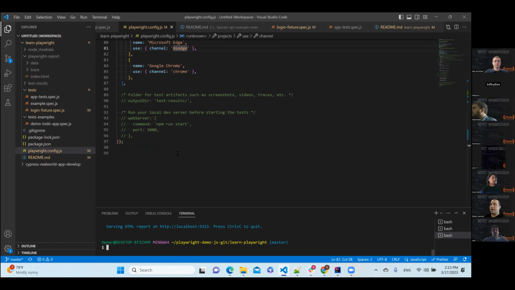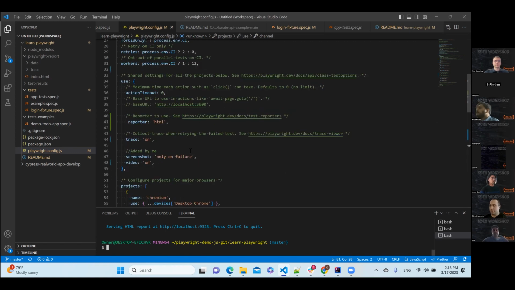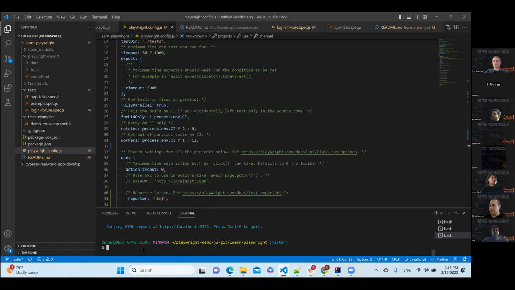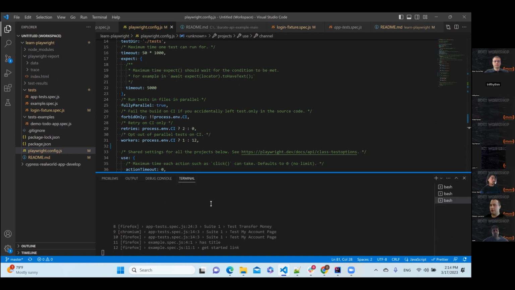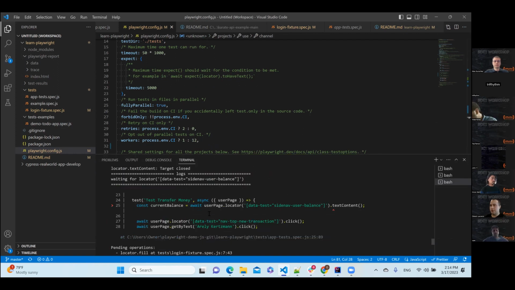Now, because I have all config globally, in this case, I can run just test cases, for example, without any additional argument. And you can see that we run 12 workers.